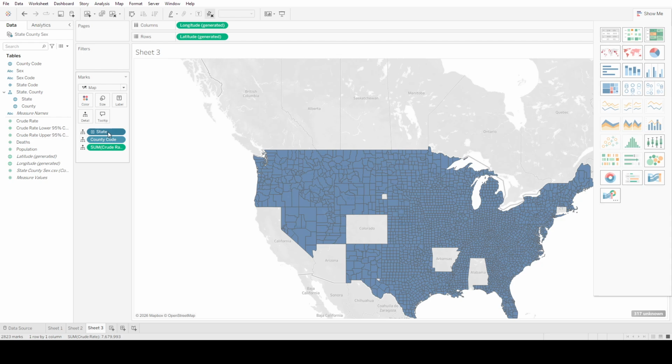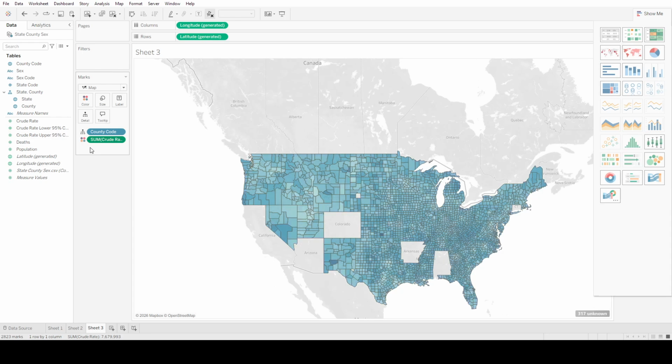Let's remove one of these, and we want to make these colors. And magic, now we have a color palette created in the map, and we are using just this gradient for the colors,